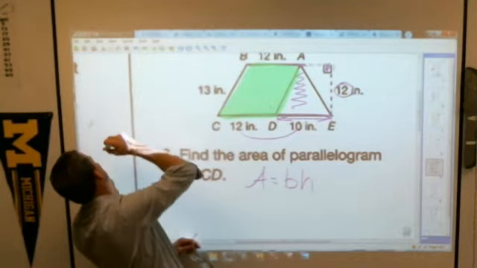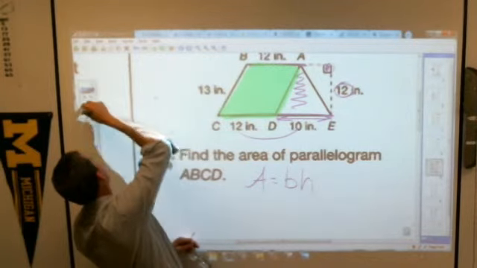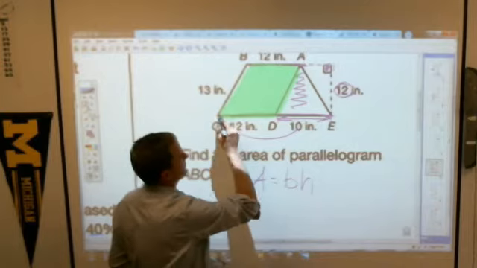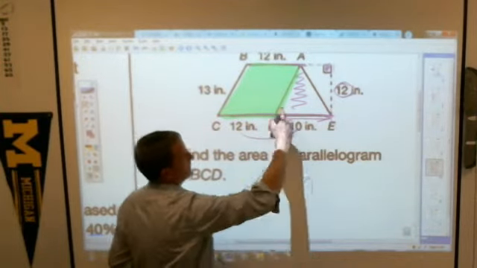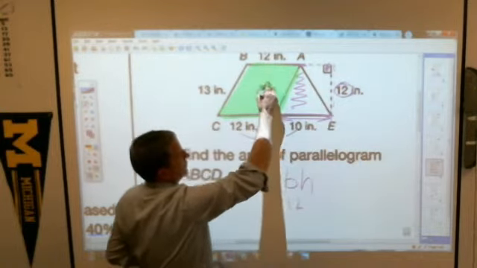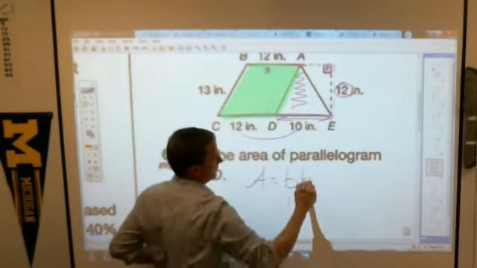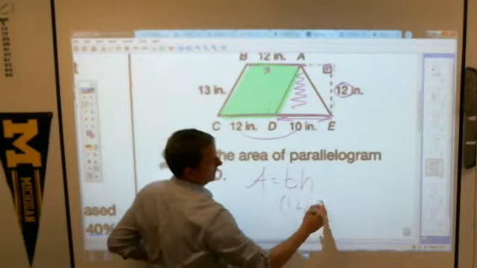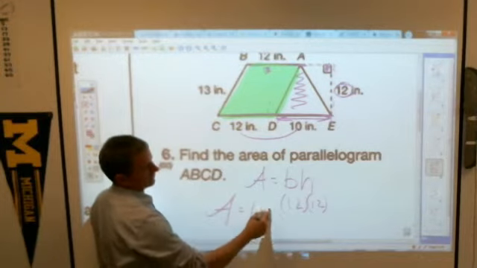And the base and the height, well, here's the base, which is 12. And it doesn't matter, even if this thing is out here, it would be the same as if it was drawn right here. This little thing with the square corner, that 12 is still the height of that shape. So area equals